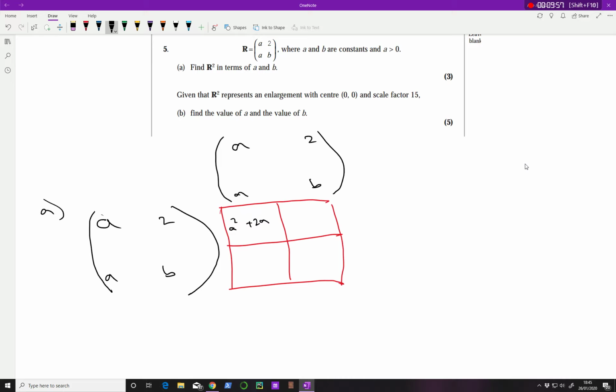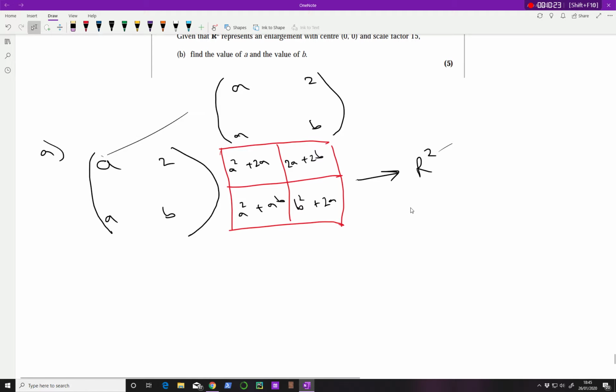And using that same method, the answer in this box here is going to be 2a plus 2b. The answer in this box is going to be a squared plus ab. The answer in this box here is going to be b squared plus 2a. And that is our matrix R squared. Okay, very straightforward. Part B